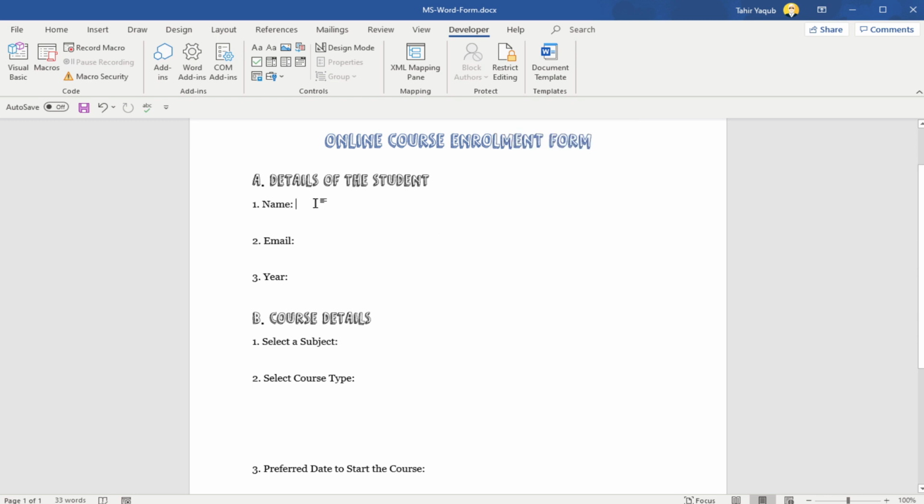So in front of this name, I put the cursor here and then I select plain text content control. There is also a rich text content control, which allows you to add some images and these kinds of things, but we are going to use the simple text. So I click on that and now this field is inserted. Similarly, I click my cursor here and click on plain text one more time and